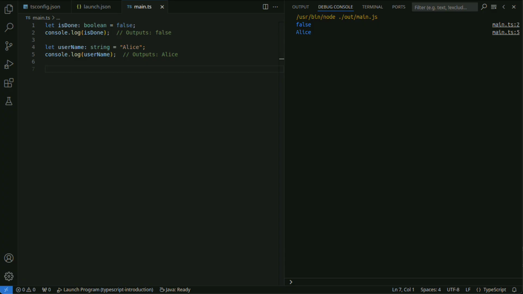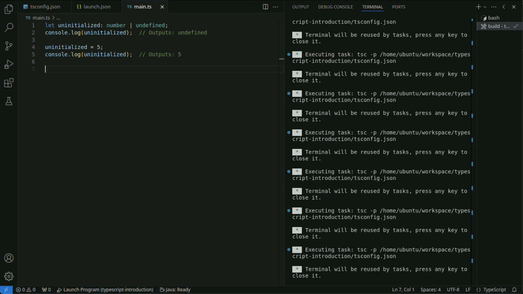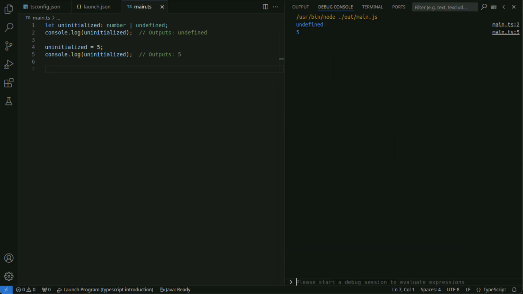A variable declared with let must be explicitly assigned undefined or include undefined in its type if not initialized. Let and const have block scope, so they are only valid within the same block.